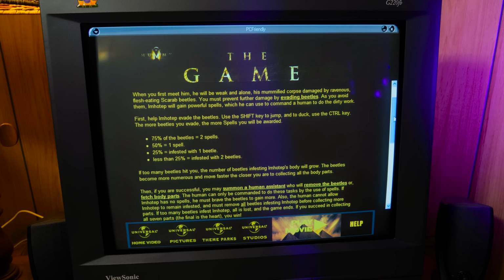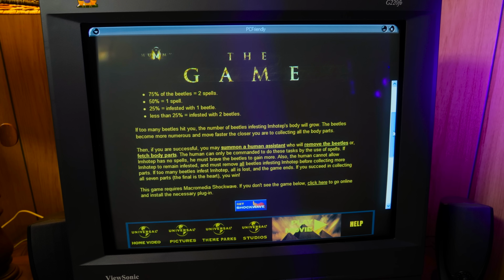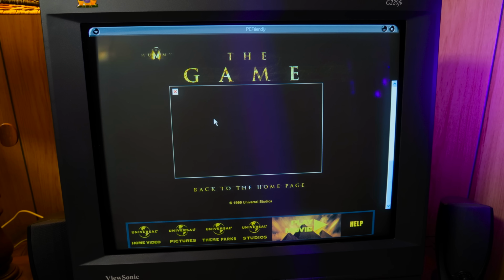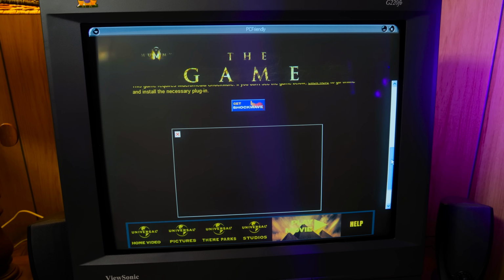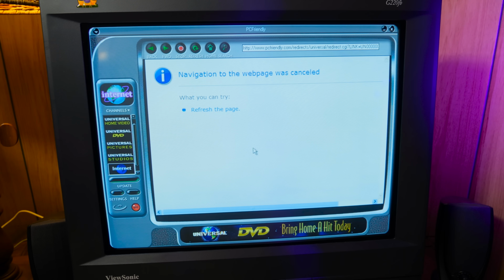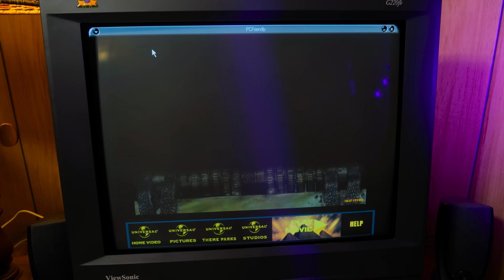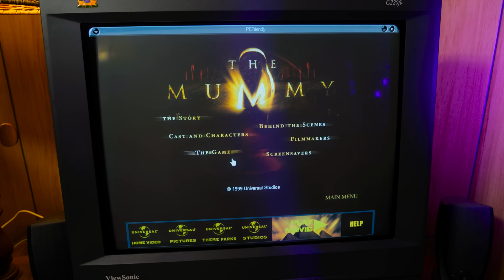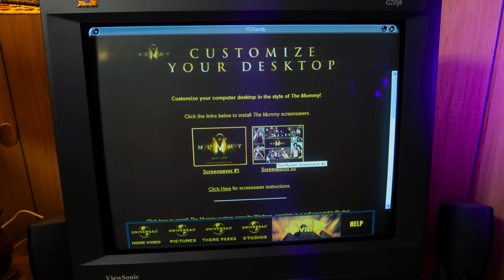Also, there is a little mini-game here that would probably work just fine if I had the right plugin, but for some reason they didn't include it. It requires Shockwave, and that is not on the disc. Flash is, Internet Explorer and everything else you need is, but just not Shockwave. Yes, I can go find an old version and download, but reading the description of the minigame doesn't sound worth it, to be honest.